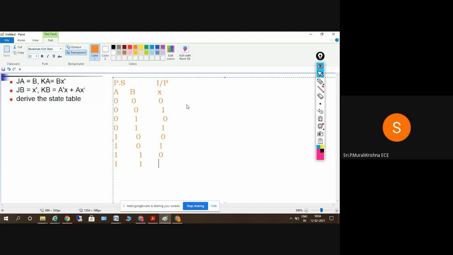In case of D flip-flop, whatever inputs we take, that will be equal to the output, so we don't find any problem. In case of D flip-flop, A of t plus 1 and B of t plus 1 is equal to D. Whatever input equations we got, we substitute those values in those equations, and we get the values here. But here the main problem is